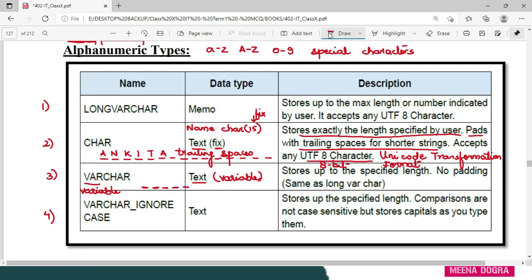So I'll again mark these 5 blocks like this, the way I did earlier. So these are like my 15 blocks, and now when I put Ankita over here, if my data type is varchar, then no matter if I have given the field length as 15, only the data that I'm entering, that many bytes will be occupied. That means in this case 6 bytes will be occupied, and the remaining 9 bytes will not be consumed,